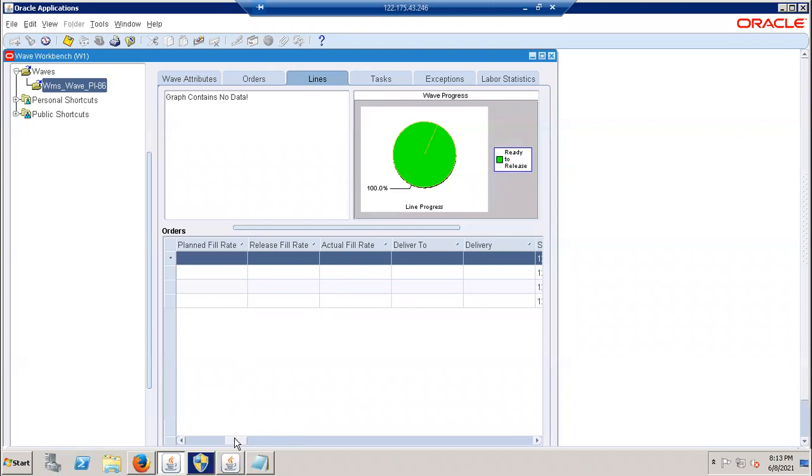The progress, right? It is showing a progress, saying your wave progress is done 100%. Correct. System is saying 100% we can do that. So 100% you can perform with this one. If, let's suppose, any back order is there, if there is any line which doesn't have a quantity, those will also come and show here. And then based upon that, the progress will differ, like 80% ready to release and 20% back ordered. It will show some color coding kind of thing. Okay, that's fine.